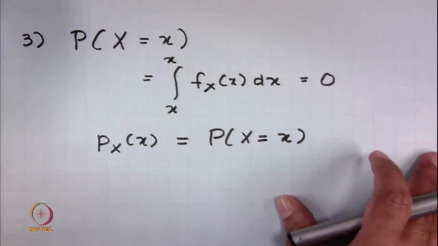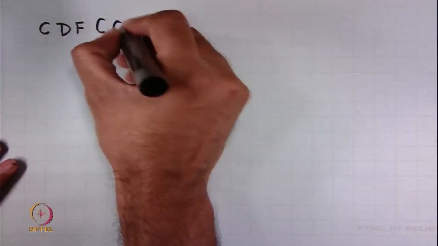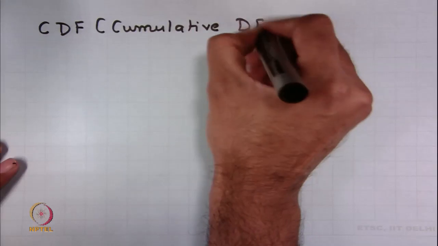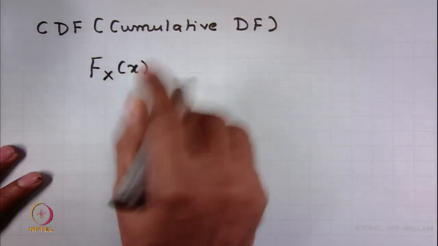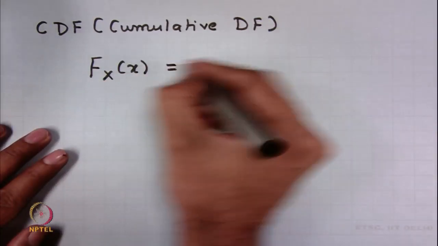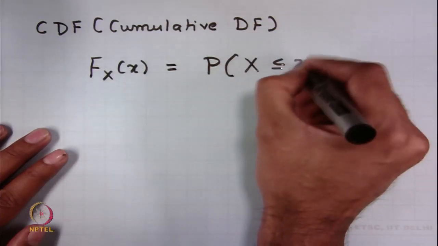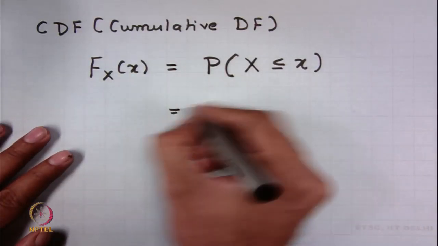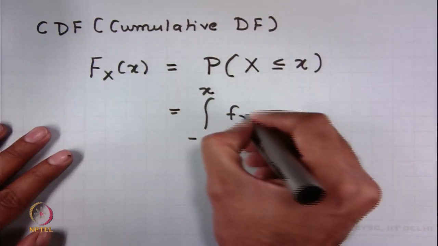So, like in the discrete case, we can also define CDF in the continuous case, which is the cumulative distribution function, and the cumulative distribution function is defined same as before. It tells me what is the probability that the random variable takes a value less than or equal to x, and if you want to evaluate this, you just have to put it into the integration that we have seen before. So, this is nothing but this,